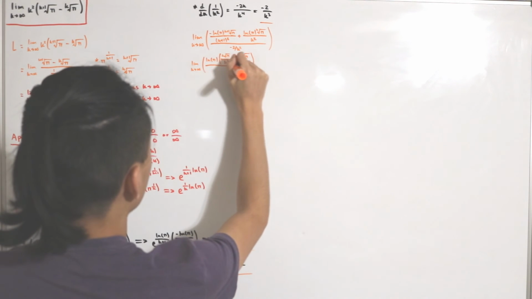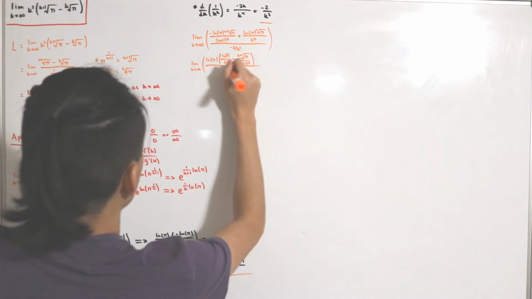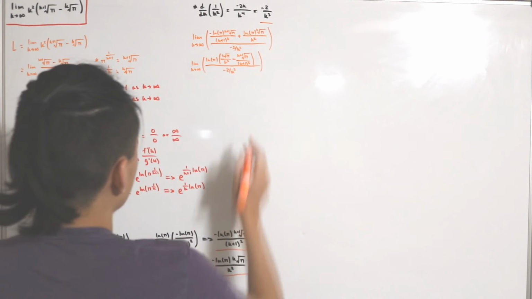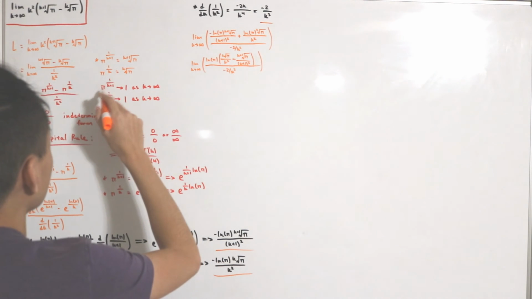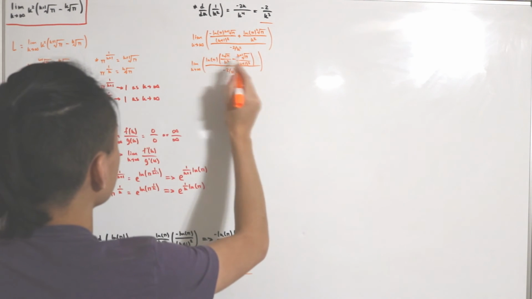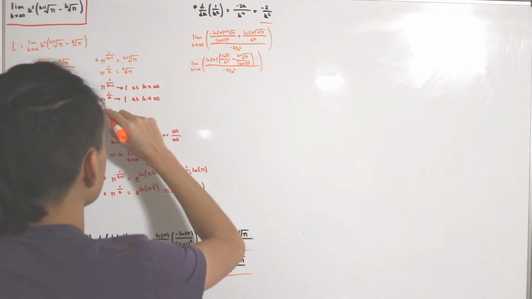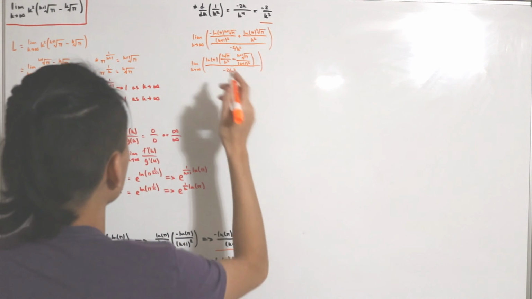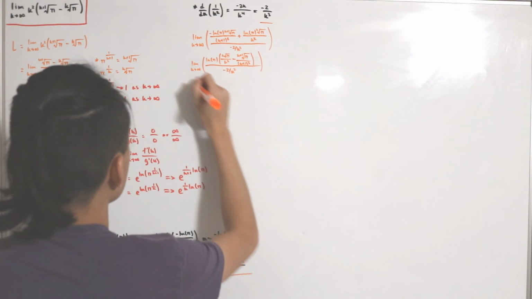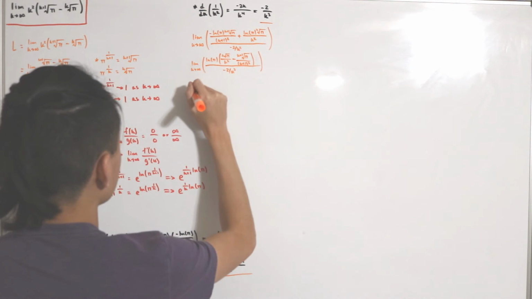And then this is divided by negative 2. Now notice that we stated earlier that pi to the 1 over k plus 1 converges to 1 as k approaches infinity, and pi to the power 1 over k converges to 1 as k approaches infinity. So that means I'll just rewrite this as,